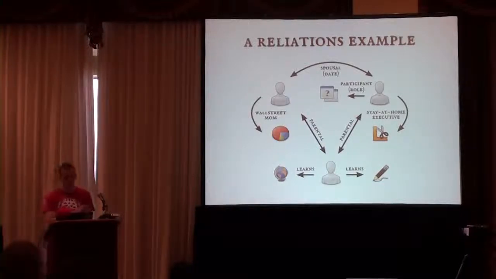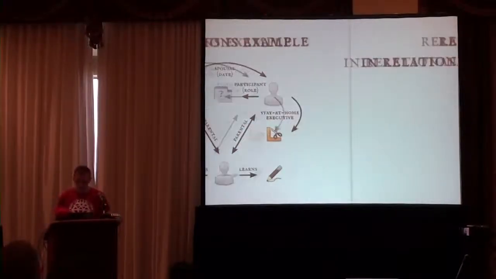The problem is that all those relations are usually the gist of your system. More often than not, they are at least a very important part. And the way that you model them is also really important. Some of them have additional fields like the date the relationship started, the role in which the person participates at the conference, and so on.